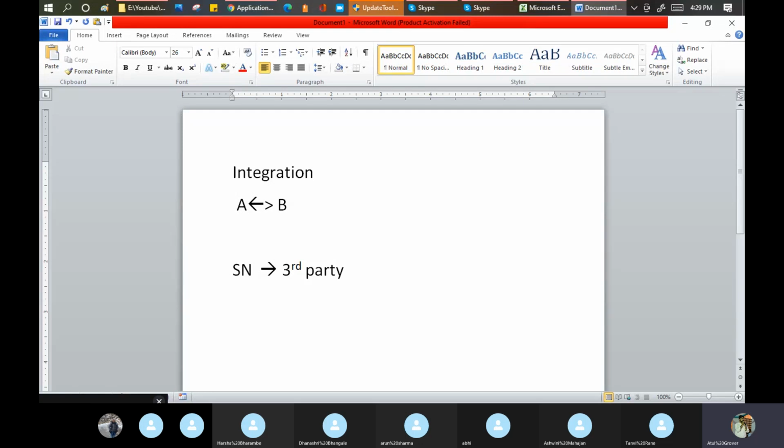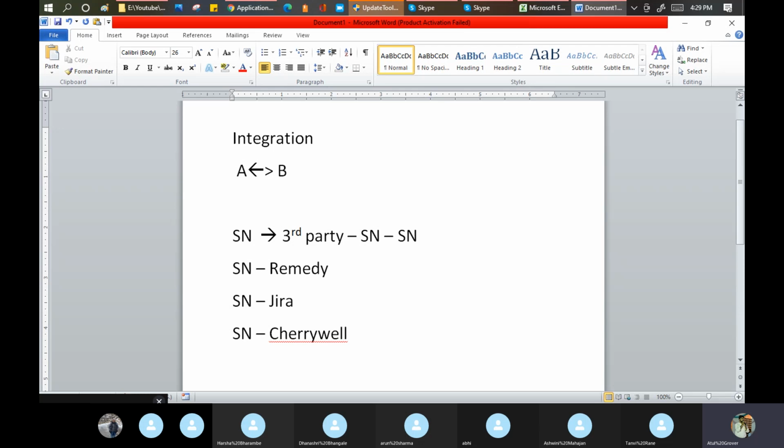Third party means I can integrate ServiceNow to ServiceNow, ServiceNow to Remedy, ServiceNow to Jira, ServiceNow to Cherwell, which I think is a tool, and ServiceNow to SAP. These are the limited ones which I know.